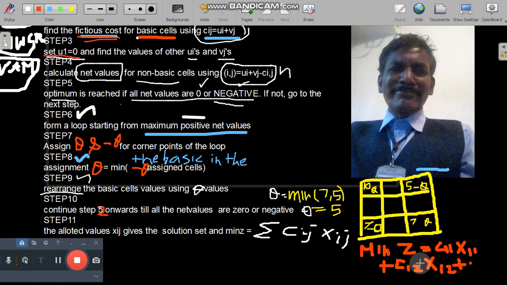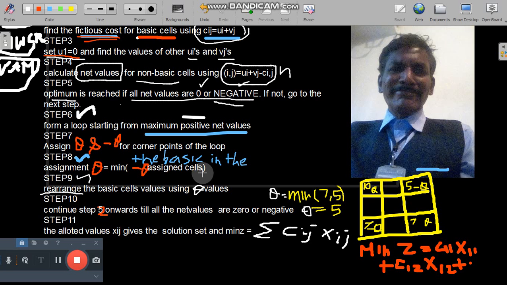The thing is that after doing all these things, definitely this value will be less than the previously obtained values from the northwest corner rule or VAM method. We got some values, am I correct? For those values we got the transportation cost also, and that transportation cost will be greater than this, or this will be less than that. So mathematical people have found out all these steps or cycles that bring the total cost less.